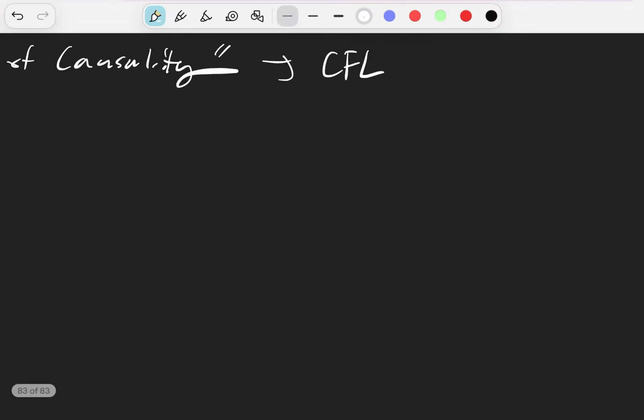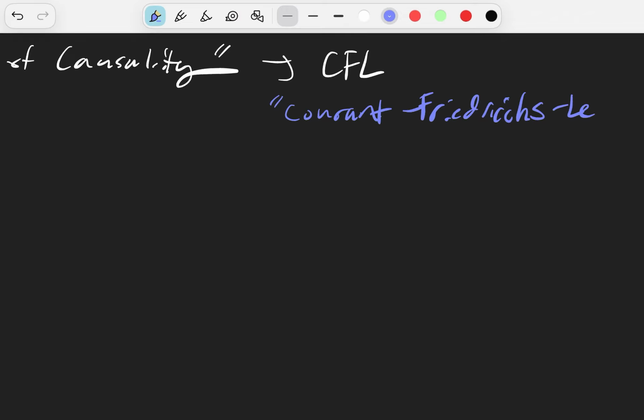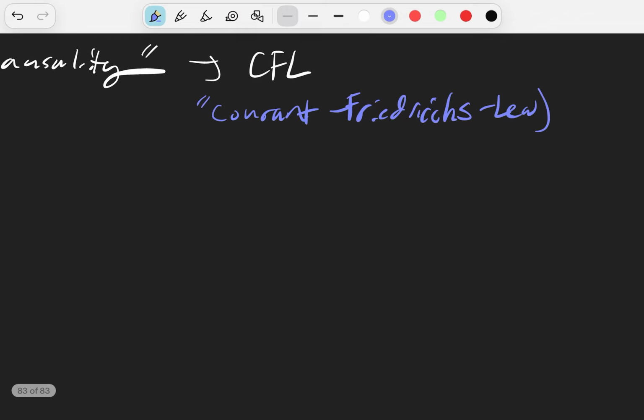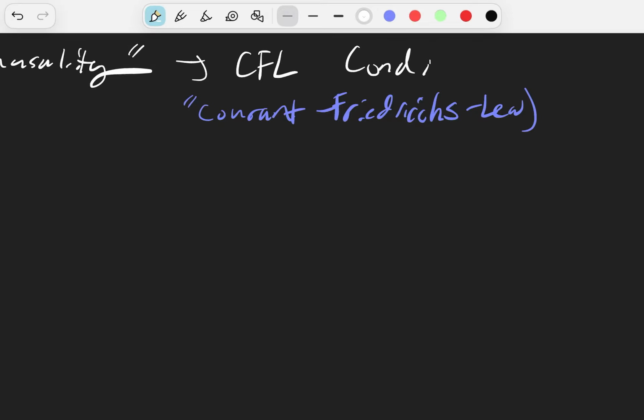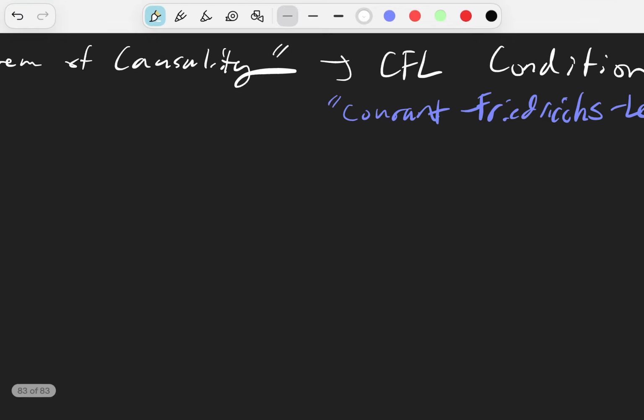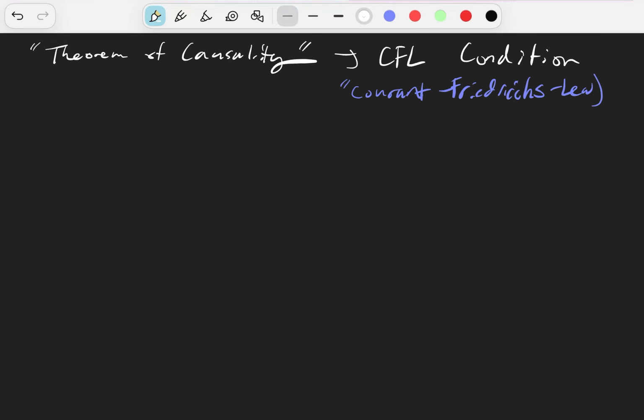Or the Courant, God, I can't remember. Oh, Courant, Friedrichs. I keep saying Friedrichs. Lewy. Okay, the CFL condition. All right, you can think of this as a theorem of causality, and you'll see what I mean in a second. So if we have